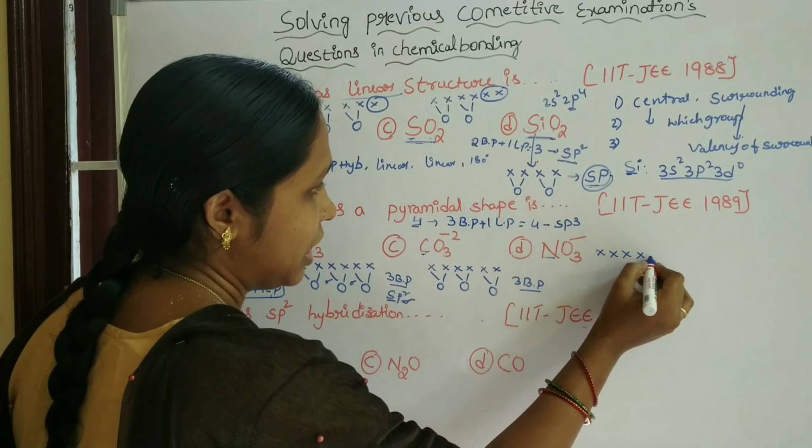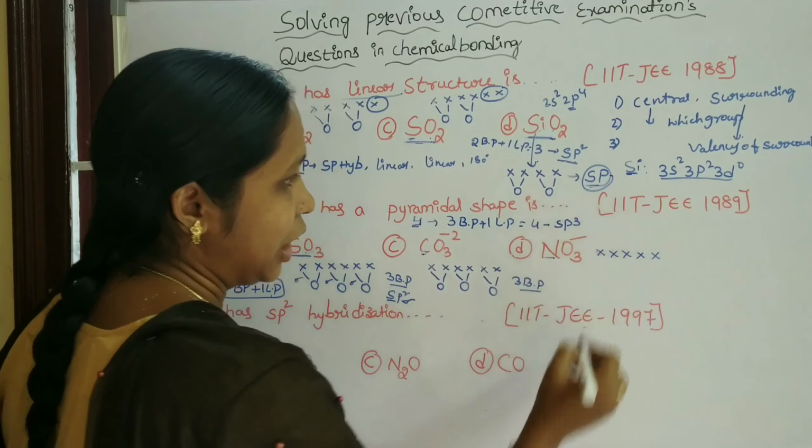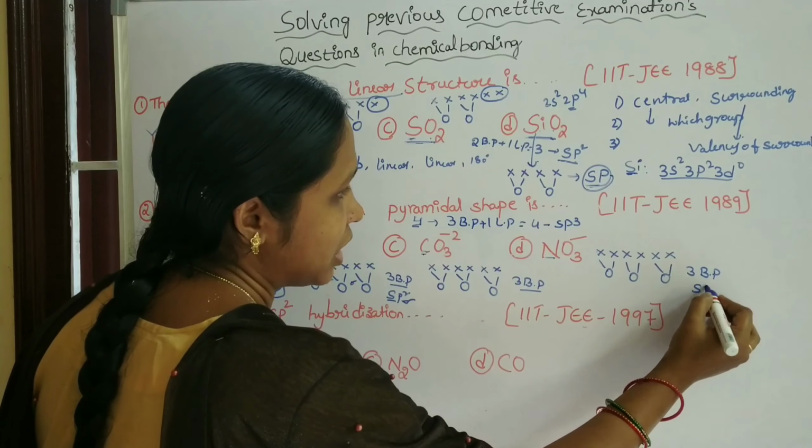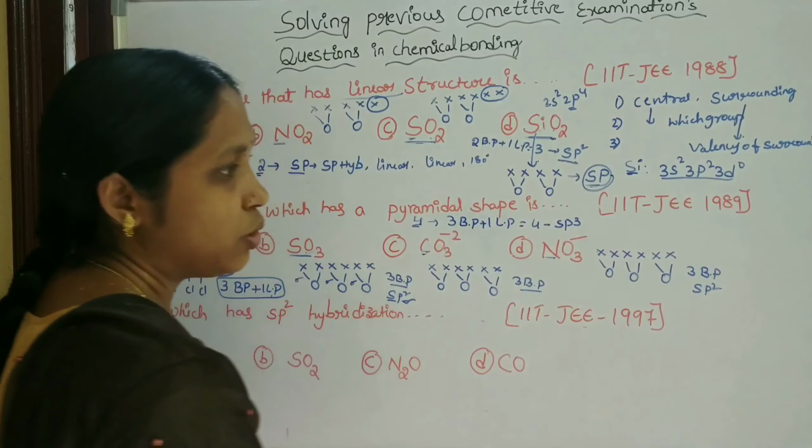And NO3 minus. Here nitrogen belongs to the 5th A group, meaning it has 5 electrons in the valence shell, and the ion carries one unit of negative charge, so add 1 electron to the central atom. NO3 means 3 oxygens. Each oxygen combines with 2 electrons and forms 3 sigma and 3 pi bonds. We consider only the sigma bonds, so 3 bond pairs means sp2 hybridized, trigonal planar. Only the molecule PCl3 is sp3 hybridized, with 3 bond pairs and 1 lone pair, so it shows a pyramidal shape.